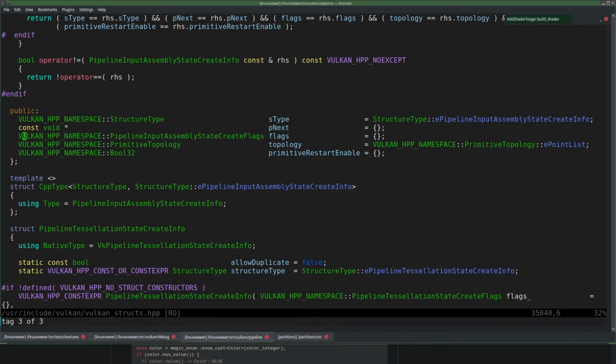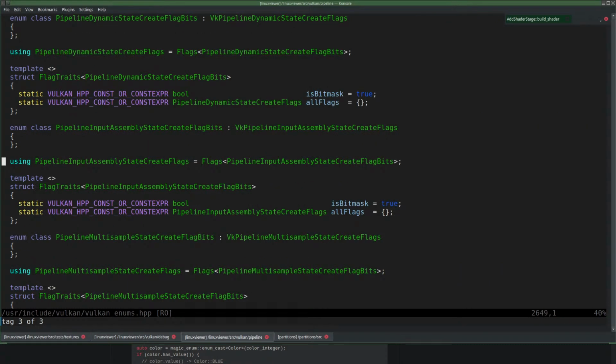And that has flags, which is a pipeline input assembly state create flags, which is empty. I remember now. There is nothing to define. Oh, well, we can't test that, right? Can we? No, we cannot test that.